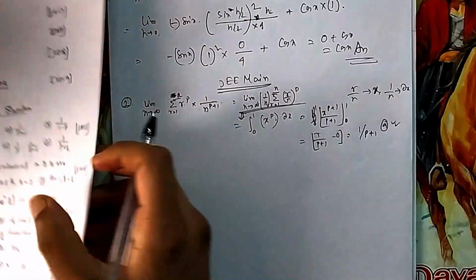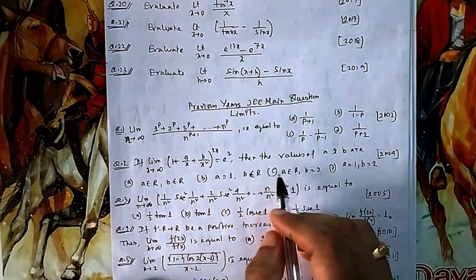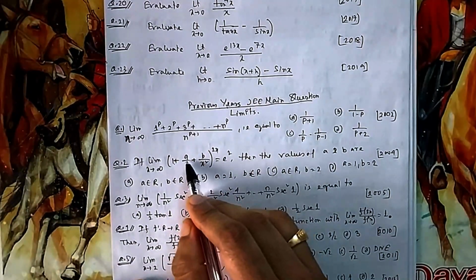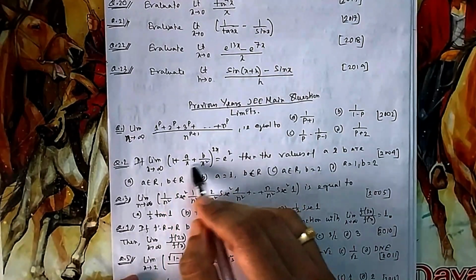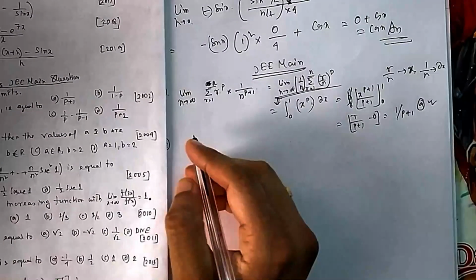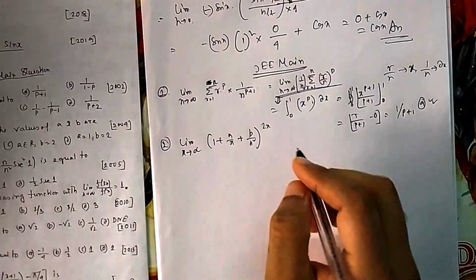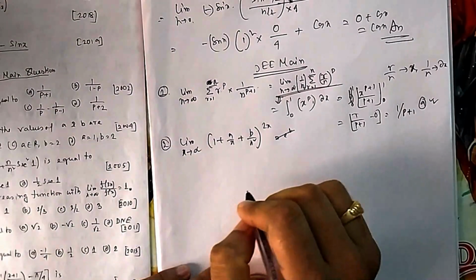Now if you come to question number 2, limit x tends to infinity of this. Now if you put x as infinity here, it is 1 plus a by infinity, b by infinity, that is 0, 0, so it is 1. So it is 1 to the power infinity. If you put infinity, you can see it is the format of 1 to the power infinity. For 1 to the power infinity, I told you one shortcut, and it is very useful. This limit is given as e to the power 2. Let me calculate first, then I will equate it to e to the power 2.